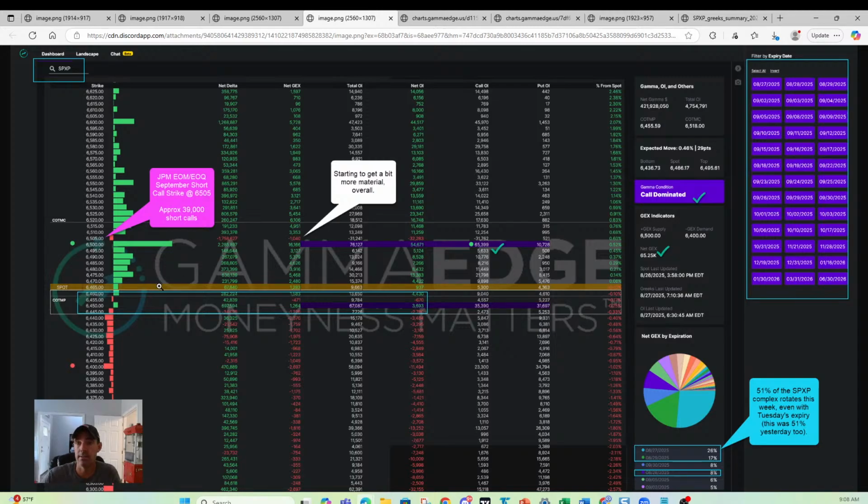Call dominated, as I said, transition below spot price now. Again, spot price needs to stay above transition to remain bullish. If we're below transition, we'd be a little bit more cautionary. Again, 6,500 JPM at end of the month, end of the quarter short strike, starting to most likely exert its force. So we'll continue to watch that. You see PGEX and COI up there, highest call open interest, as well as the local peak of call speculation also. So again, we'll continue to watch that 6,500 to the upside.